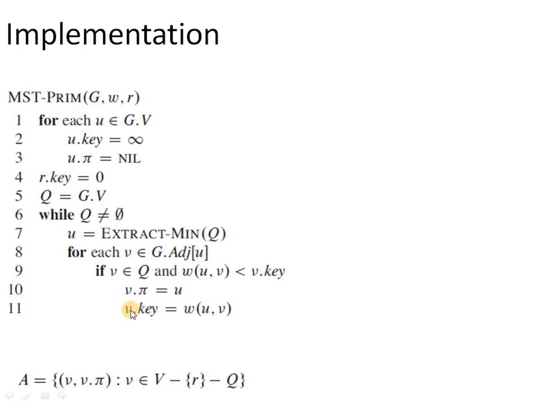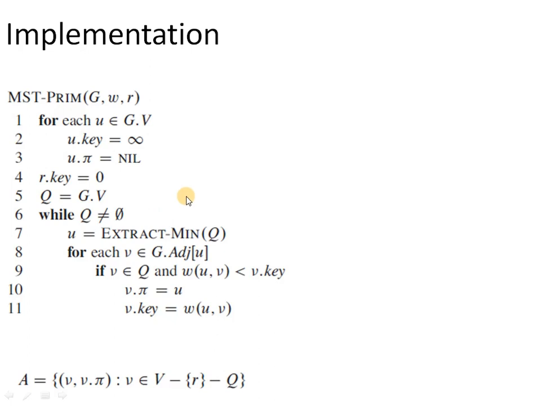That means we are actually calling the decrease key function of the min priority queue in order to update the existing key value. So accordingly, the priority queue will be updated. So at the end, when we are done with the algorithm, the set A will have all the edges which are forming the minimum spanning tree, and the priority queue becomes null. You might have observed that we are not updating the set A anywhere in the algorithm, because the same set can be obtained when the execution of the algorithm finishes by means of the pi attribute of all the vertices. So now we are going to execute the algorithm on an example.